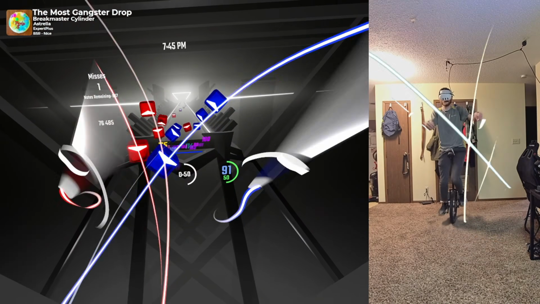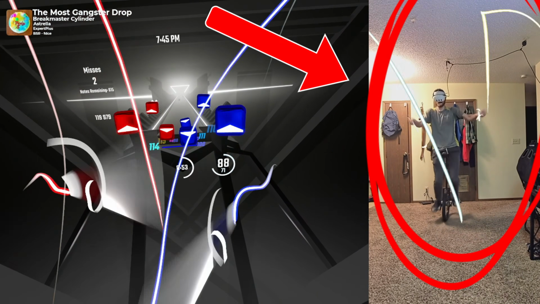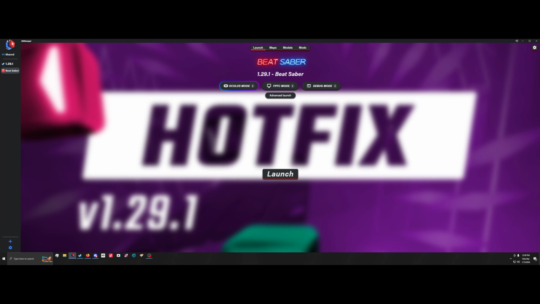Hello everybody, my name is Kerbin and today I'm going to show you how to add mixed reality sabers to your webcam footage. Alright, so the first thing you want to make sure you have is